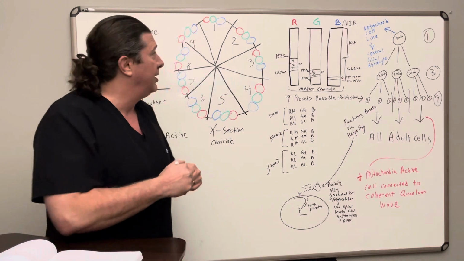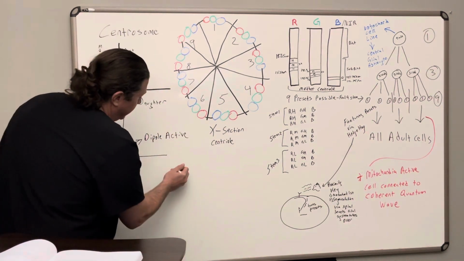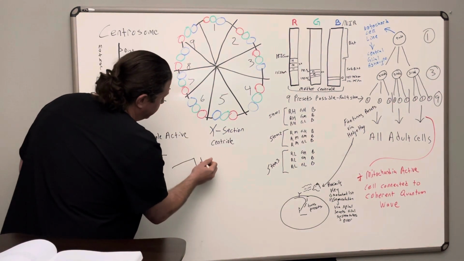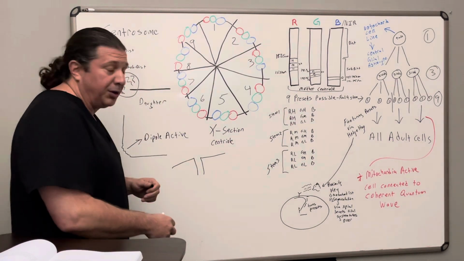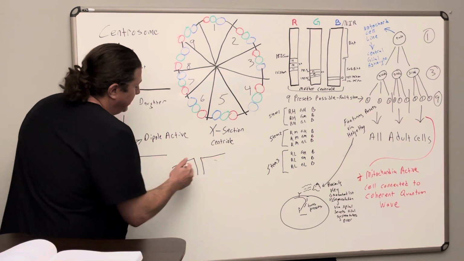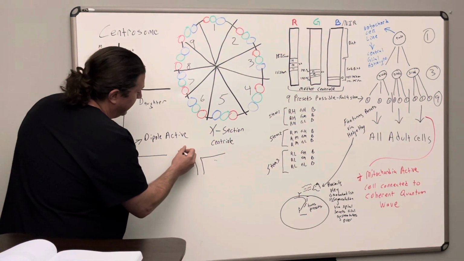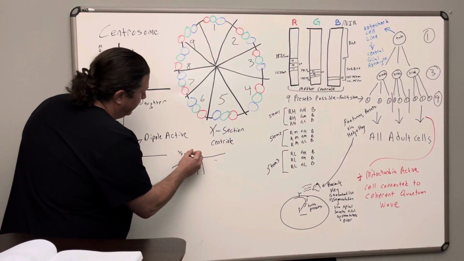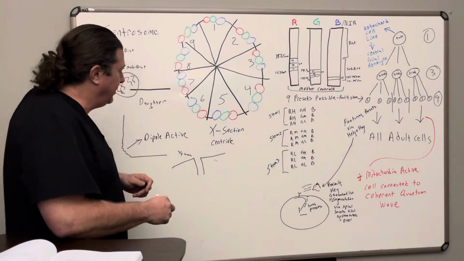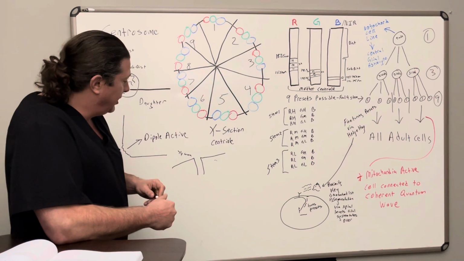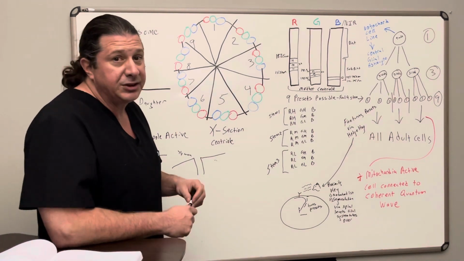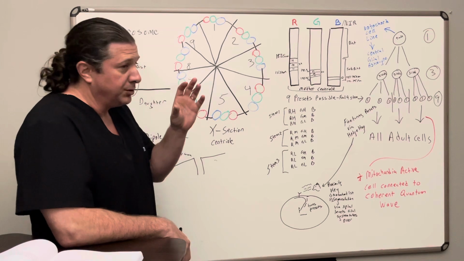I briefly spoke about the concept of a dipole antenna. A dipole antenna is going to have two parts to it. It's going to have an active receiver part of the antenna and then a ground. This active receiver part of the antenna has to be a quarter of the wavelength of which it's accepting. So when I was looking at the cell structure, I was pretty blown away when I saw that centriole at the center of that microtubule system.